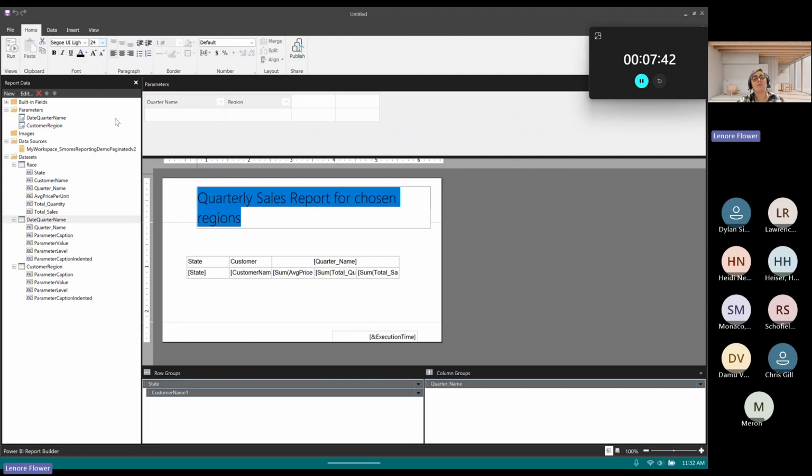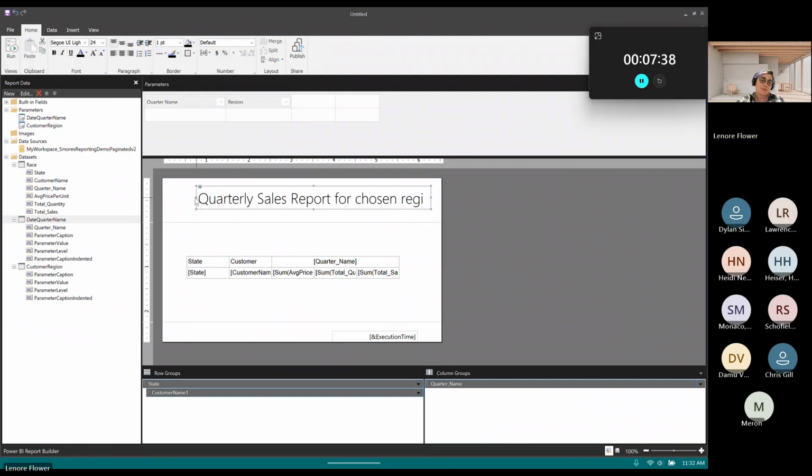I'm going to make it smaller so it fits. When you put a value in the header, it will repeatedly print on every single page. If you leave a title in the body of your report, it will not repeat, it will only show up once.